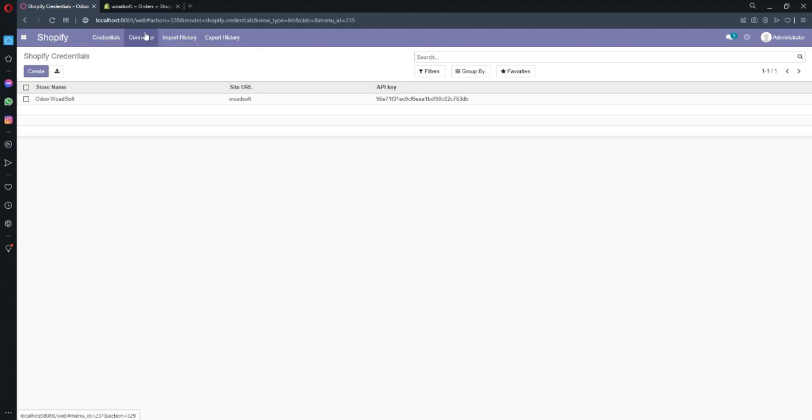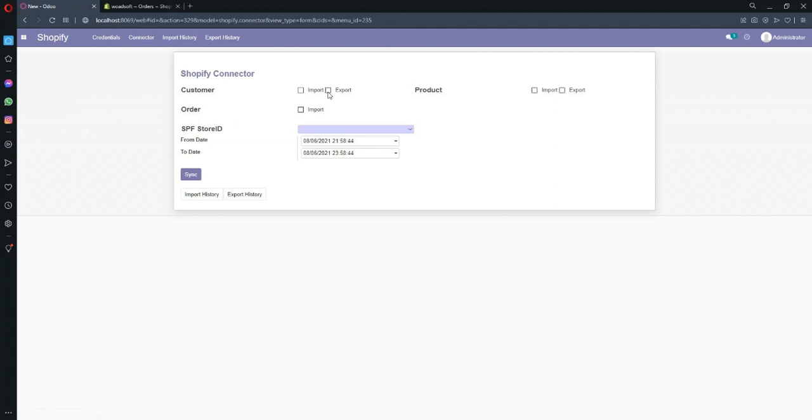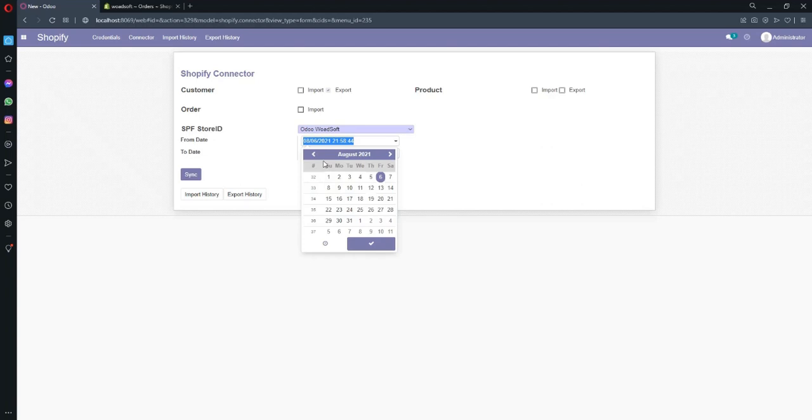I go to connector and select the export, select the Shopify store and adjust the date time filter. After that I simply click the sync button.